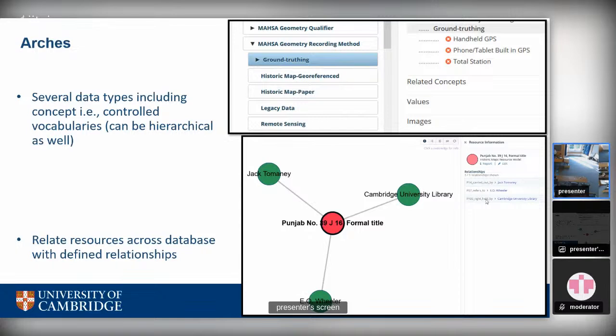Arches also allows you to relate different resources with one another in the database, and you can actually read across the resources. For example, in the middle, the red one is a historic map, which is associated with 3 resources. And if you look at the side panel and the report page, then you can see that this Punjab map has been georeferenced. The activity was carried out by Jack Tomini. The rights are held by Cambridge University Library, and the survey activity was done by Mr. E.O. Wheeler. So as you can see, it's quite a rich platform, but we have come across a number of challenges